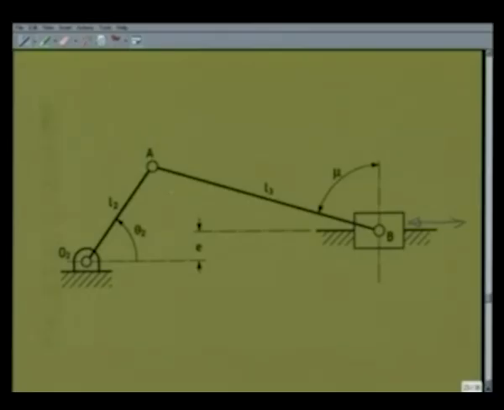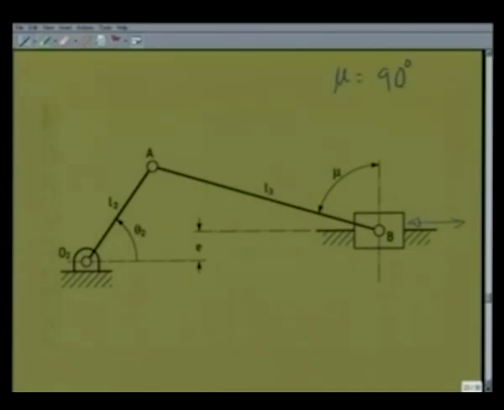It is obvious that if the connecting rod AB is horizontal, then the entire connecting rod force is in the direction of movement of the slider. Consequently, we define the transmission angle as mu, that is the angle between the connecting rod and a direction perpendicular to the line of movement. The most desired value of mu is 90 degree,